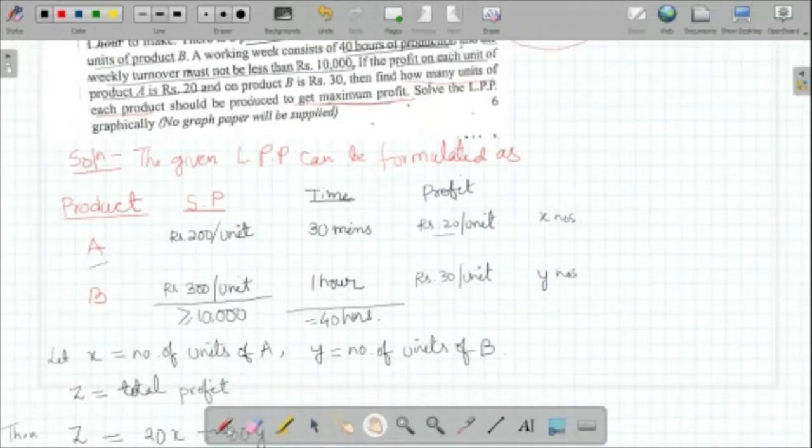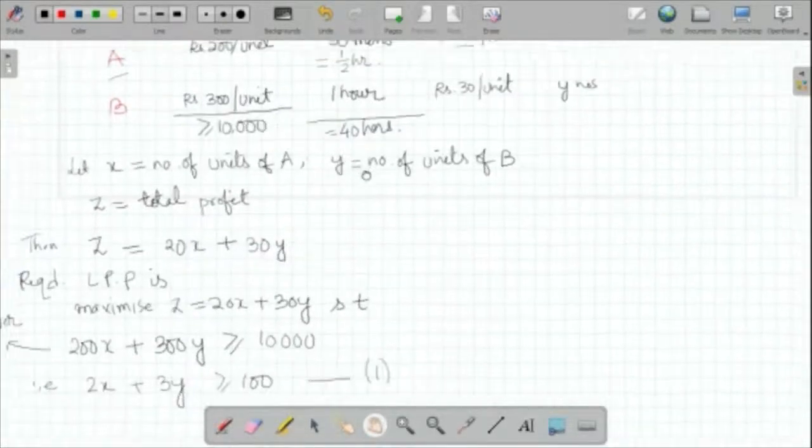Now we need to convert time into hours; this is in minutes, so converting minutes to hours, it will be half an hour. So a unit of A takes half an hour, and B takes 1 hour. So for X units it will be x by 2, and for Y units it will be y times 1, so only y. Okay, so we need to work in hours now,